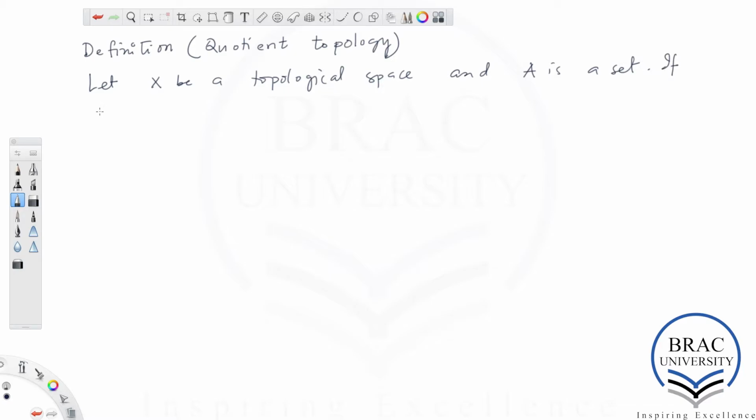If P from X to A is a surjective map, so we want P from the topological space X to the given set A to be surjective, then